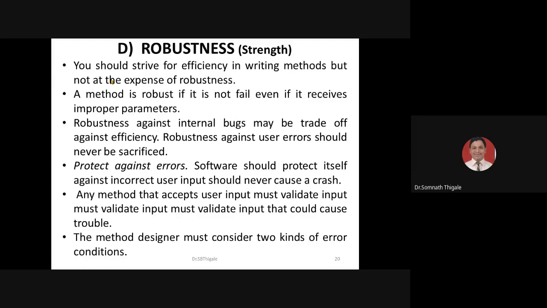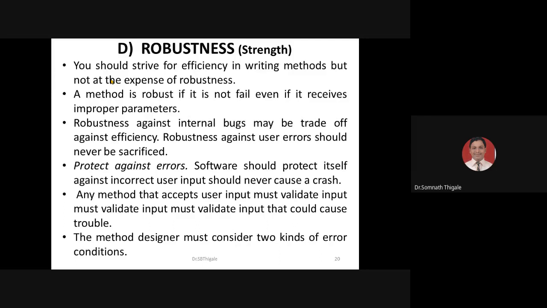It means if wrong input has been given, for example, something the system does not support and it is not able to generate the data, it should not fail and show an error page. Rather than failing the entire system, it should be able to display a message on the screen that you have entered the wrong input. That type of robustness should be there.